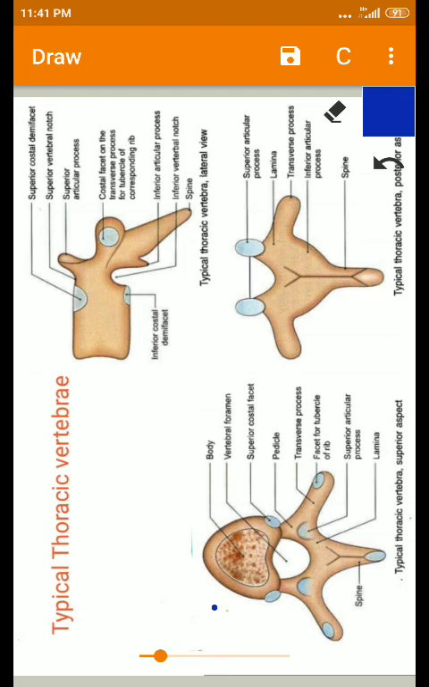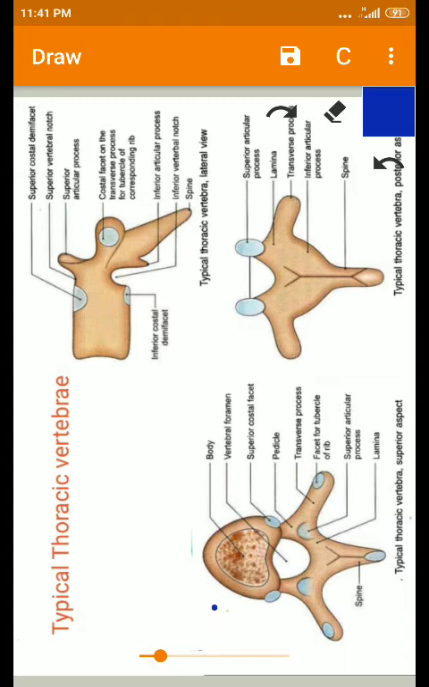Dear students, welcome back. In the previous session, we have seen the parts of a typical vertebra. Normally the typical vertebra consists of the body and the neural arch. Body and the vertebral arch, we can call it body and the neural arch, isn't it? So here now we will see the normal parts of a